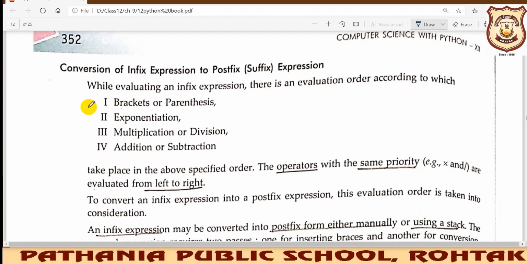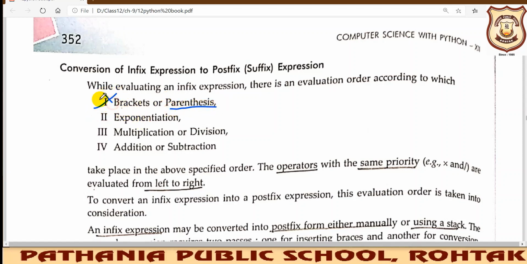See, we need to follow certain precedence of different operators and the brackets and parentheses. If in our complex arithmetic expression we find brackets or parentheses, then these will be given the first priority, meaning we will solve these at the very first part of the solution. Okay, and the second priority will be given to exponential, meaning a raised to power b if we are writing. So exponential will be given the priority at the second level.